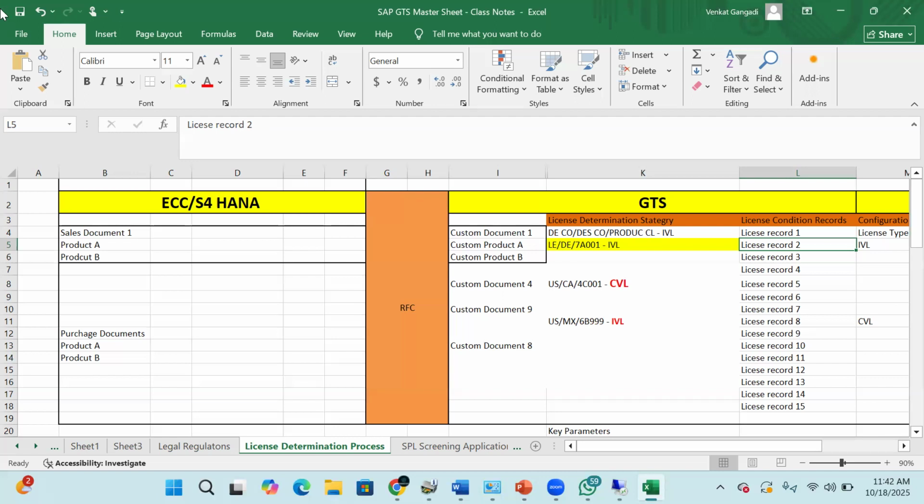In general, let us say you have a license record with a quantity of 50,000, and you create a couple of transactions today, and you already utilized 10,000 quantity for this week's transactions,